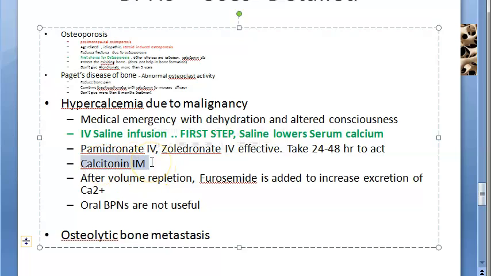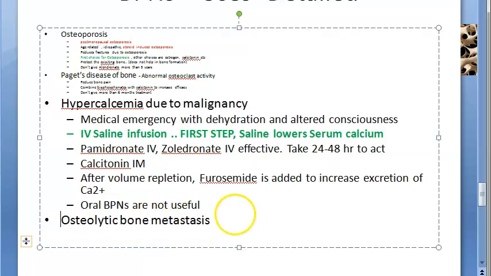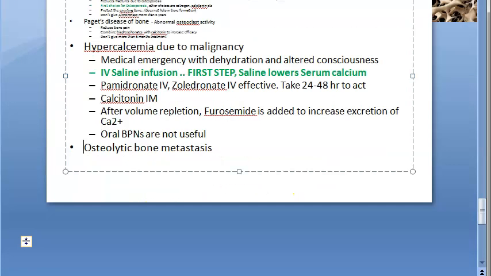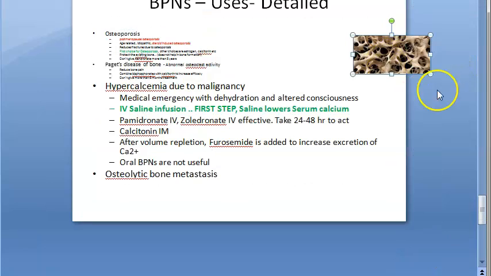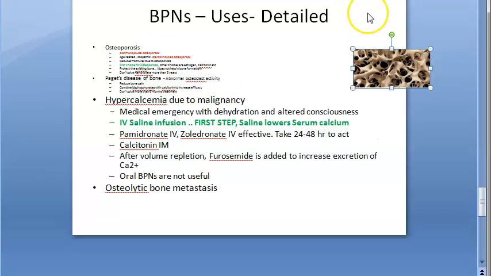You can give calcitonin intramuscularly. After volume repletion, furosemide is added to increase the excretion of calcium. Oral bisphosphonates are not actually very useful. So that was about hypercalcemia due to malignancy. Remember, if it is an emergency, with dehydration and altered consciousness, you have to give IV saline, and then you have to give these IV BPNs, that is